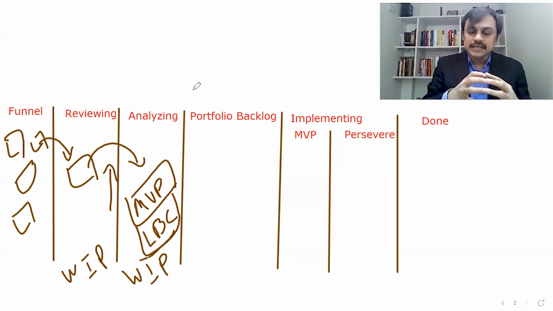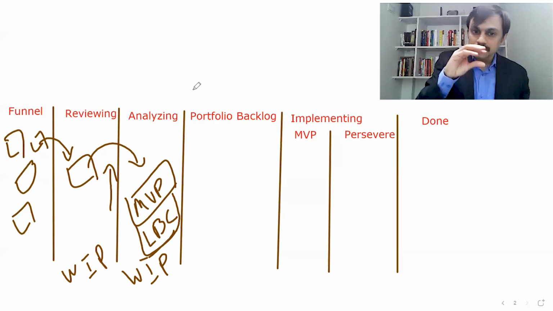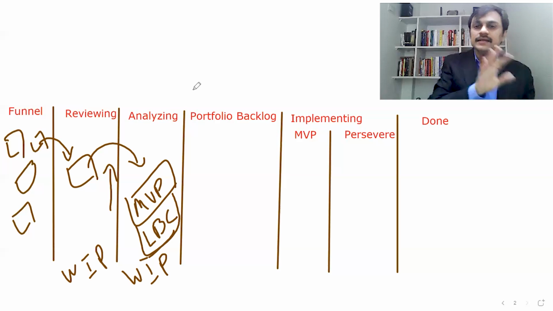So the lean business case gives us a financial understanding of whether it is a good thing to invest in or not. So some amount of estimation and detailed analysis comes into a lean business case. The minimum viable product part of that epic is a small piece, stage 1 of that epic, which should be implemented first to know, are we really going in the right direction? So validating the assumptions which might be made in the epic.